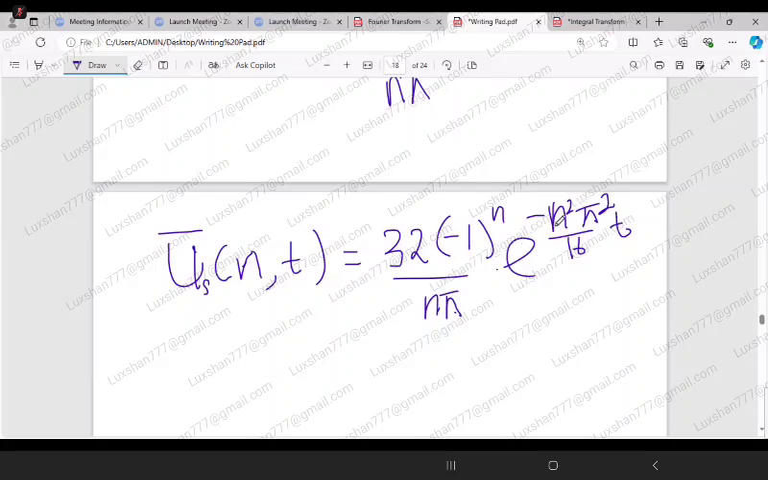Now this is the thing. Now what we want to do, tell me now what we want to do. We have got the solution, but transform solution. So what we want to do, tell me. Now we have found u bar s n comma t. Now what we have to do? Yeah, we have to take the inverse. Good. So if you take the inverse,